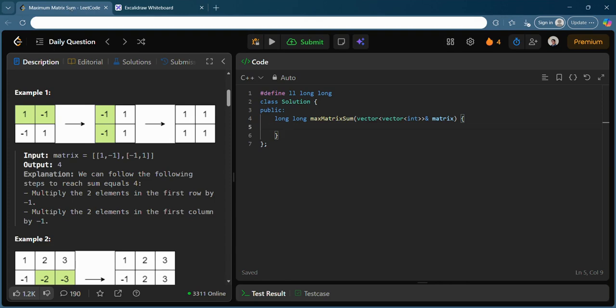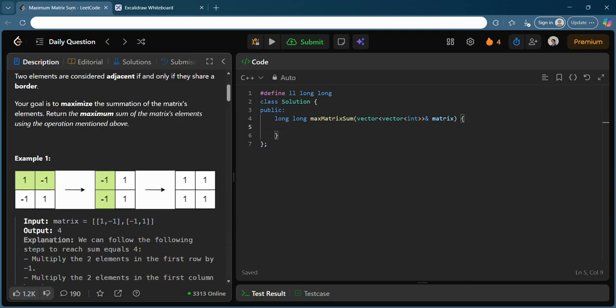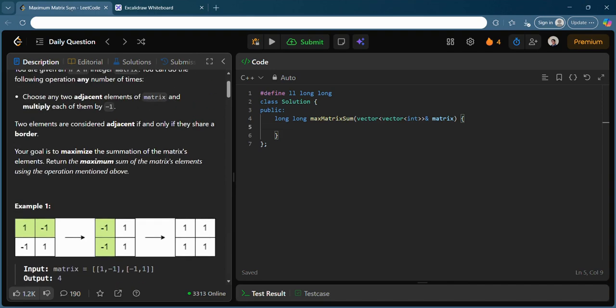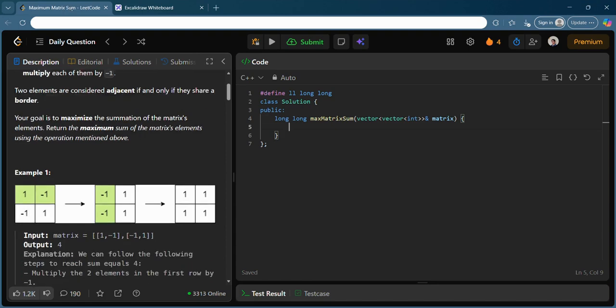So if you see this matrix 1, -1, -1 and 1, you want to maximize the sum of all elements in the matrix. So you'd see that some of the elements are now negative. So you would want to try to convert them to positive. Okay. So in one operation, what you can do, you can select the adjacent elements and multiply each of them